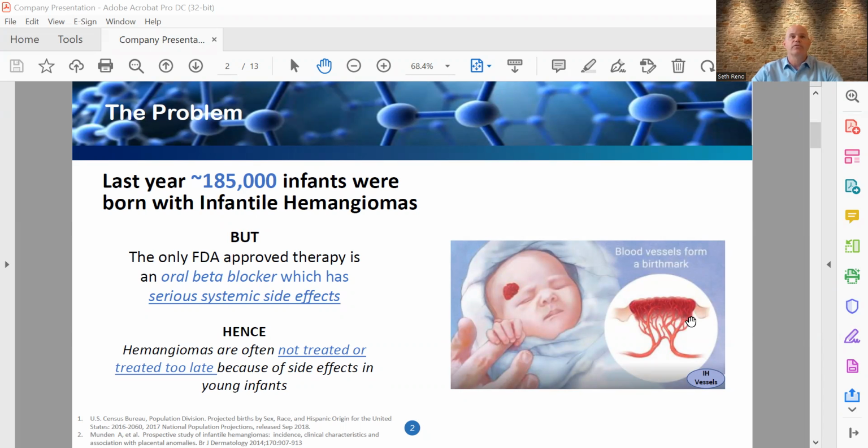If you're asking, what is an infantile hemangioma? You probably have seen babies with a raised red birthmark, sometimes referred to as a strawberry birthmark. Hemangiomas are a vascular formation of blood vessels that grow on top or just below the surface of the skin. They have become the most common type of childhood tumor, and each year, 185,000 babies are born in the US